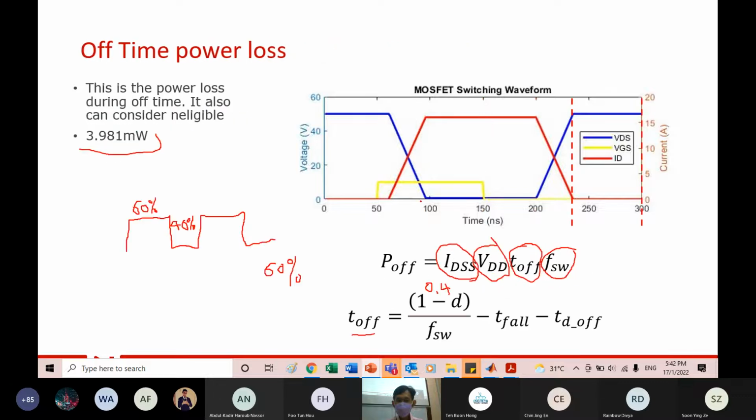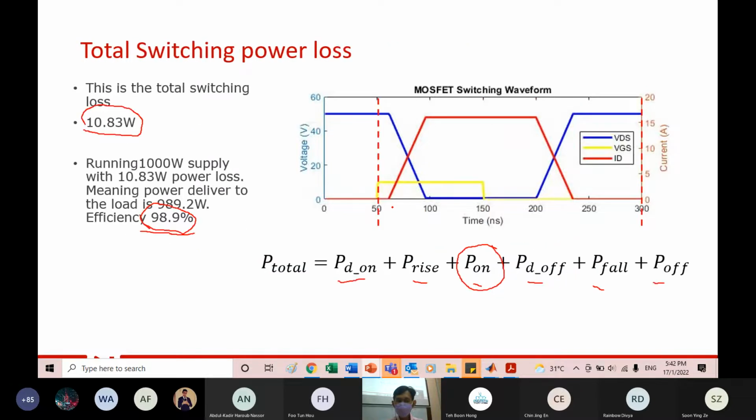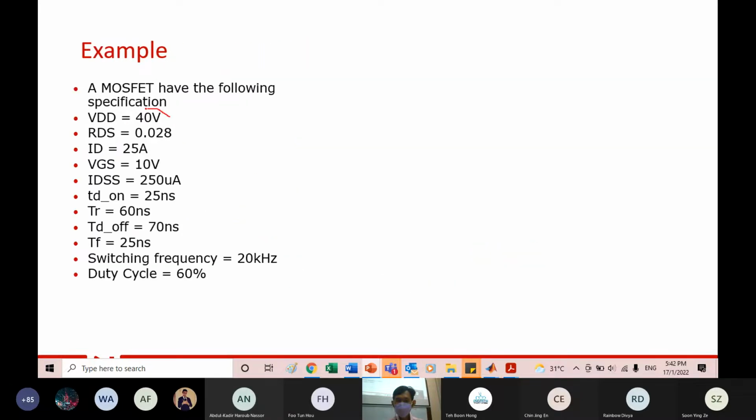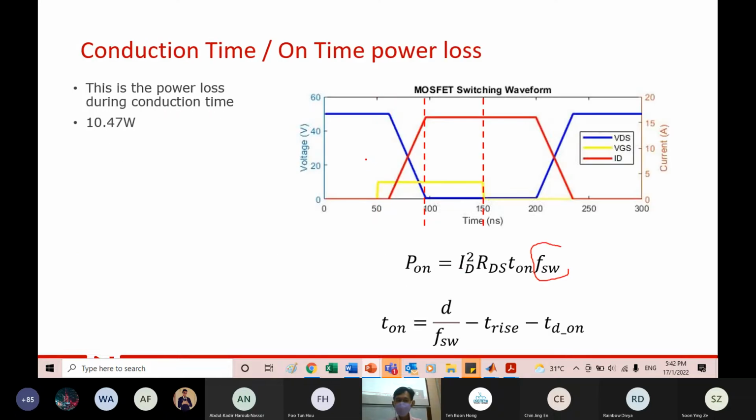So I believe you all should know how to calculate this already, all right? Efficiency is basically the total power applied to the switching, which is 40/35, P equals IV, or ID VDD. Okay, so this is the total power applied. So the switching